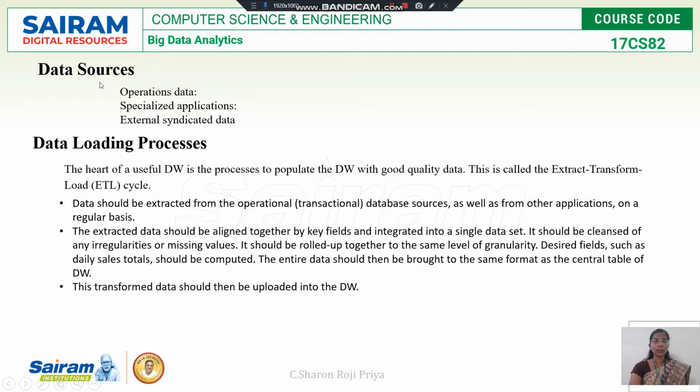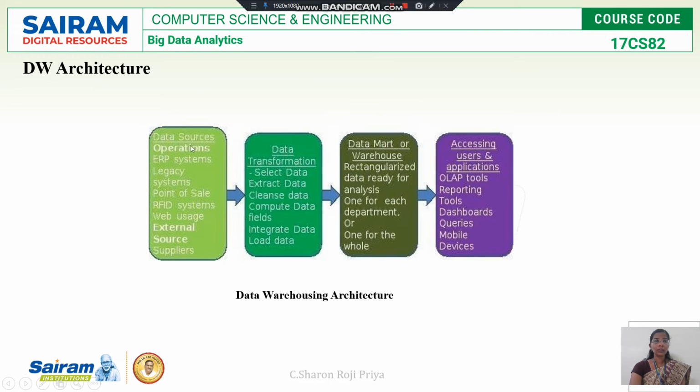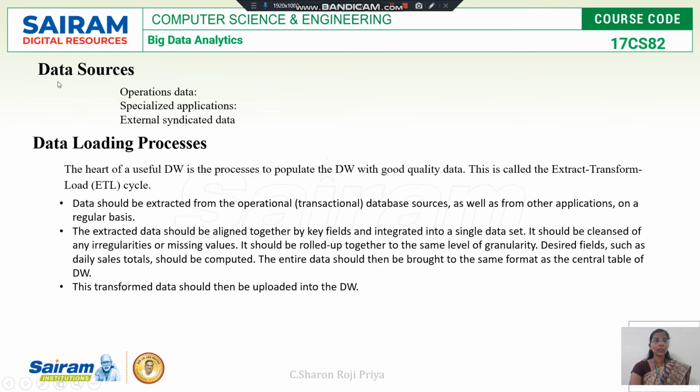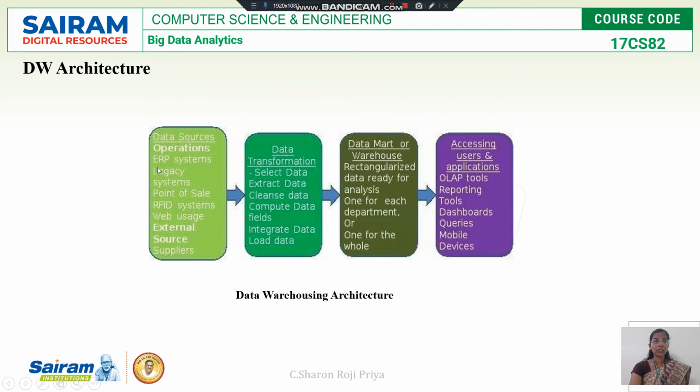So as we have seen here, the first step is collecting raw data from different sources. So what could be the sources? Your data sources can be operational data. Operational data is like collecting data from all business applications. As it is mentioned here, including your ERP system, we have to collect the data. ERP system will be the backbone for any organization's IT sector.